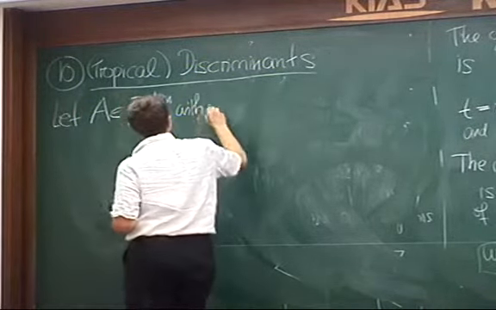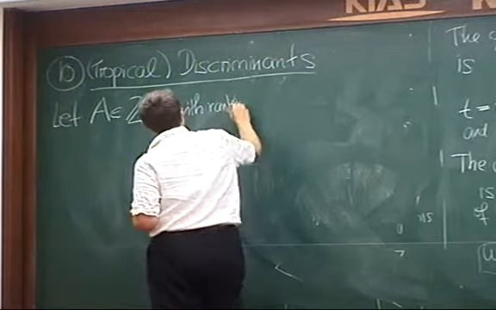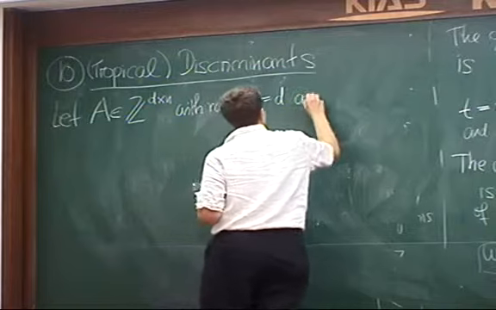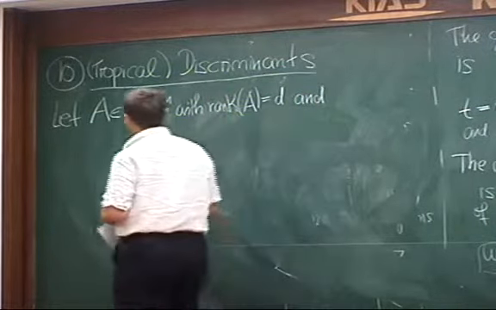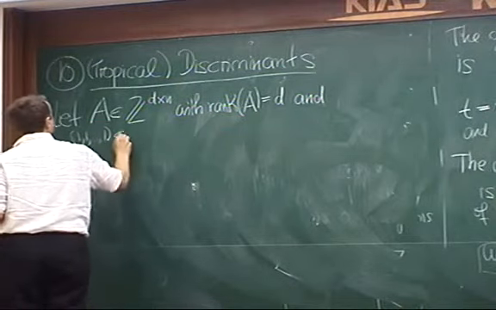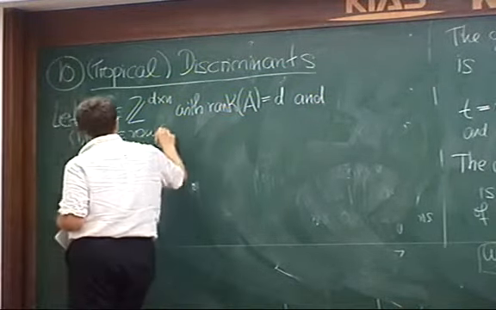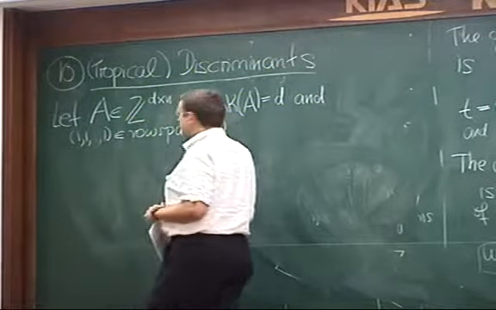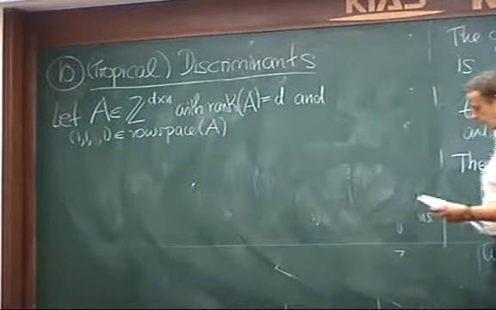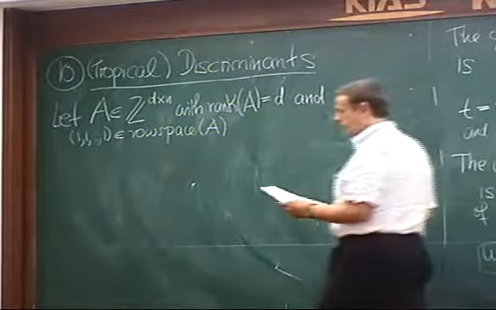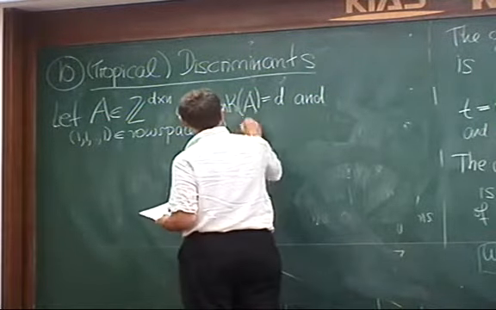And I'm going to assume that the rows are linearly independent. I'm also going to assume that the all-ones vector is in the row space of A. This is a technical assumption. So it's a d by n matrix of maximal row rank containing the all-ones vector in the row space. So this matrix